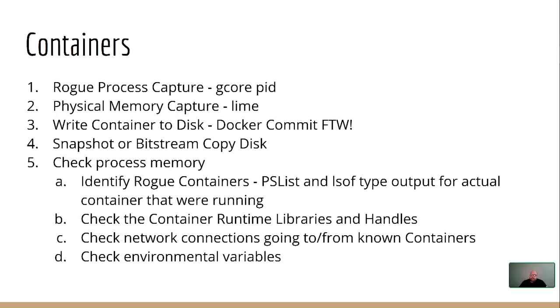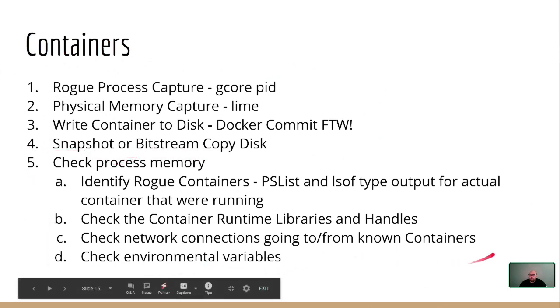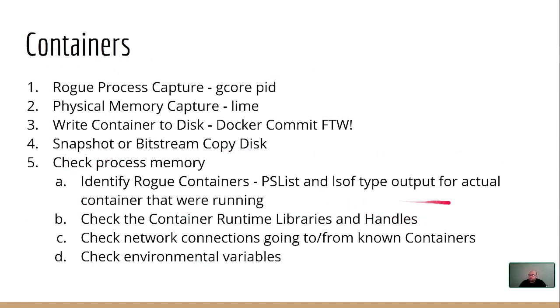And then here, as we get to step 5, step 5 is assuming that steps 1 through 4 have happened. We've grabbed all those nodes that we're concerned about that had the Docker engine. And now we just have to get to work. Here's a stepped process that I think works based on what I know right now. Let's identify where those rogue containers are. A lot of times, the runtime arguments give us a pretty big clue whether we need to care about a particular container. And then, again, just checking for the actual processes,